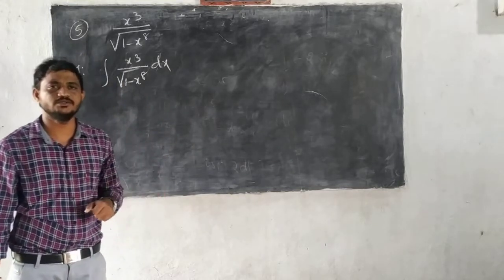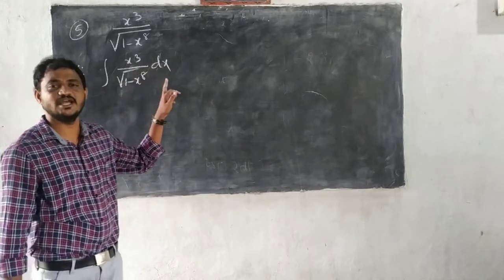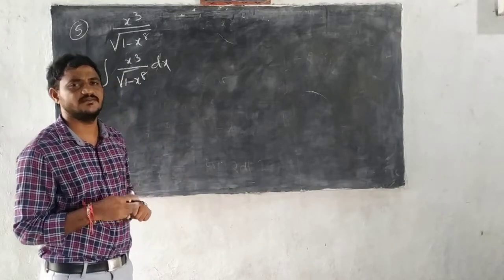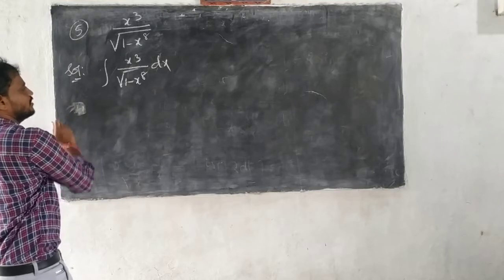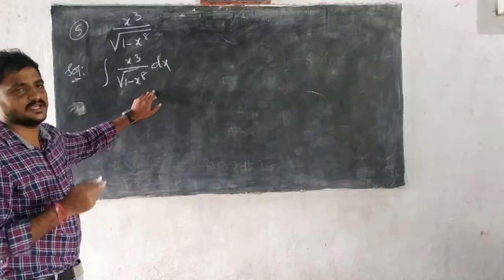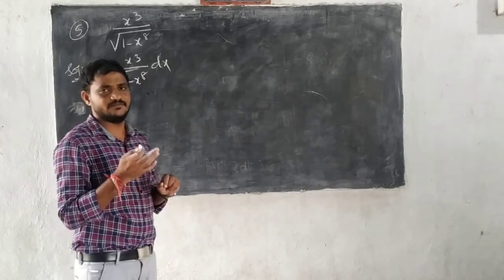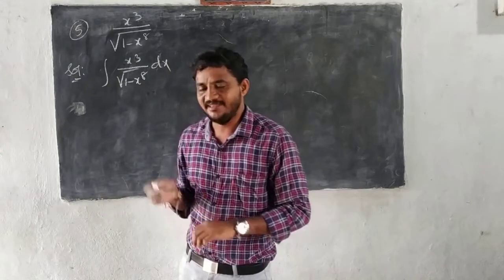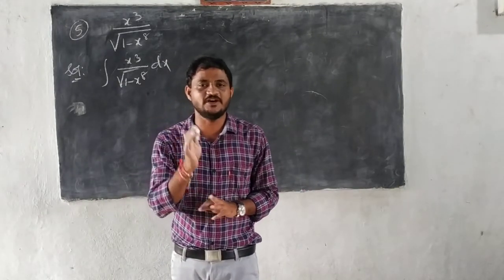So what do we have to do? We have to find which is the function and which is the derivative. What is the function here? Directly we cannot say which is the function, because we have x cubed and x to the power of 8. Directly we cannot find which is the function and which is its derivative. See, in this type of case, mostly the lesser powers will be the functions.